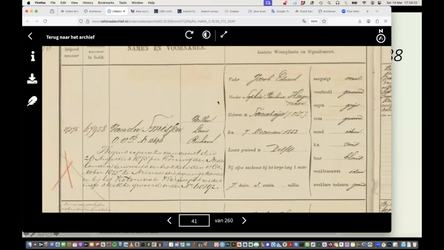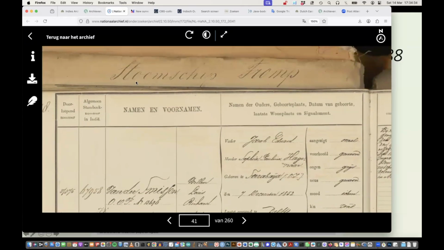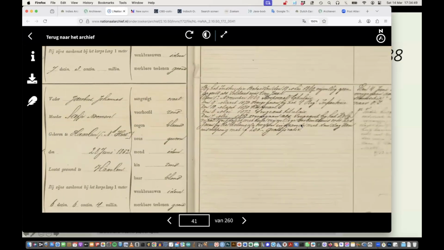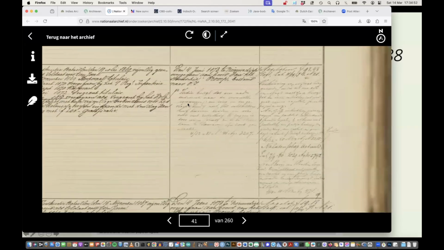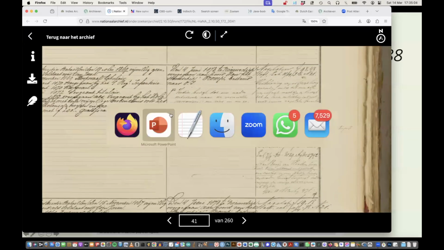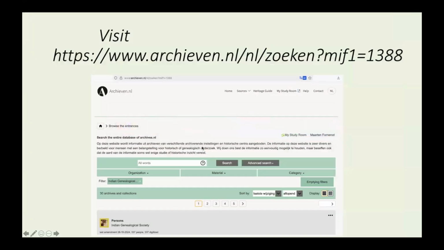And you see the ship in which this military person went from the Netherlands to the Dutch East Indies, the stoomschip Tromp, so steamship Tromp. And there's lots of information here as well. But what everything means exactly, we'll have a webinar about just these military records, but just to show you how rich this Indies archive is. So I invite you to send me a message and to try it for yourself.